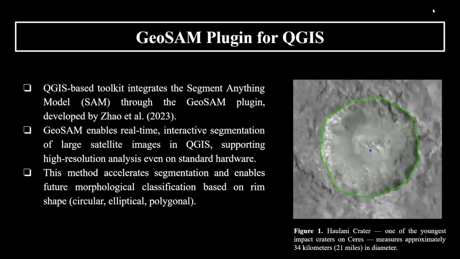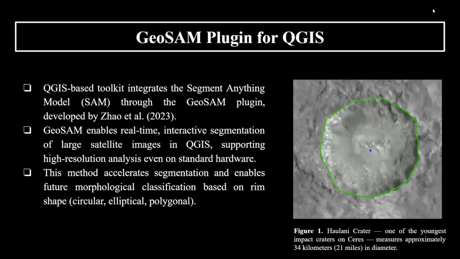We can see here in figure 1 Halley crater on Ceres. This is one of the youngest impact craters, and this green line represents the segmentation that we did with GeoSAM of the crater. This method accelerates the segmentation and basically enables feature morphological classification based on the ring shape of the crater, whether the crater is circular, elliptical, or even polygonal. So it's a very powerful